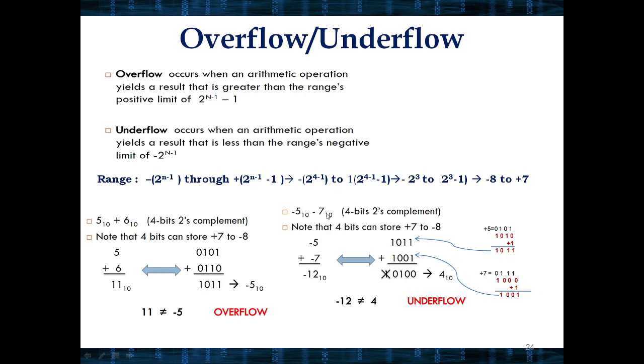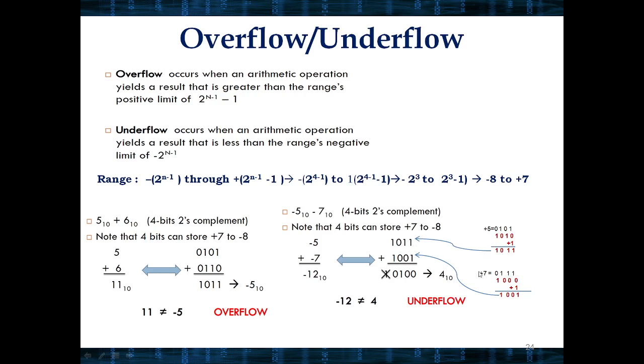Again, we'll take another example, minus 5 and minus 7. Here both numbers are negative, so minus 5 plus minus 7 is minus 12. Both are negative values, so we need to convert these into 2's complement value. For that, what we have to take? Plus 5. Then take the 1's complement of that, 1010. Then add 1 to it. So this becomes the 2's complement form, 1011.